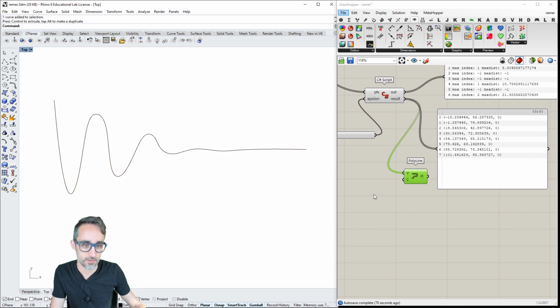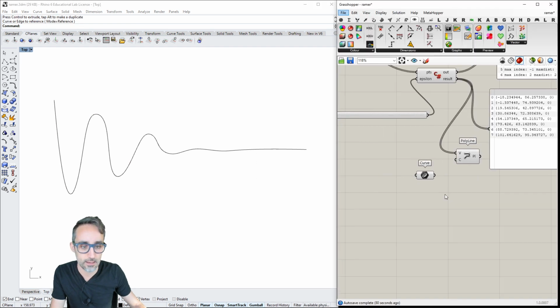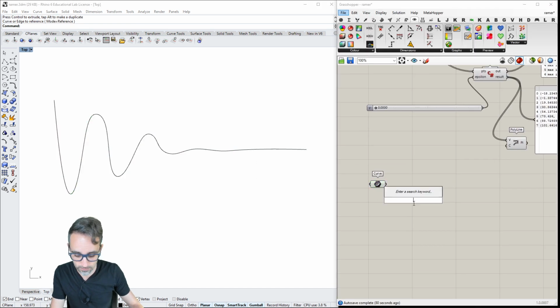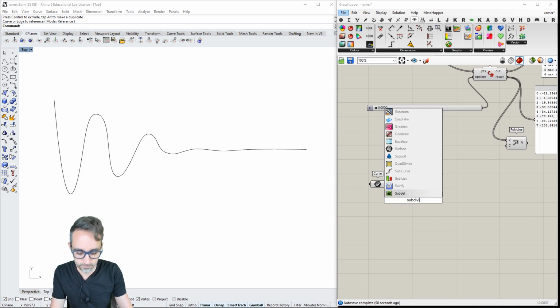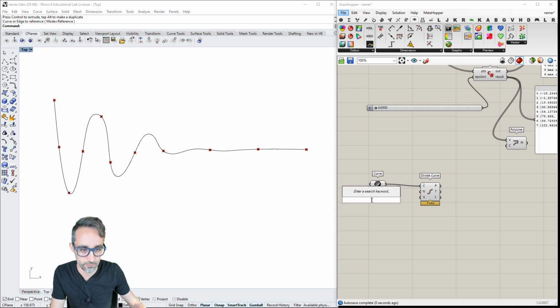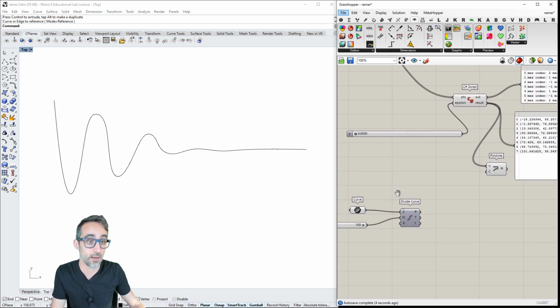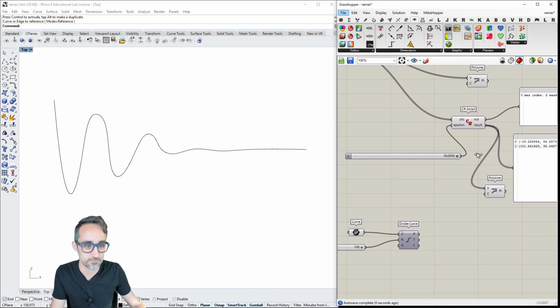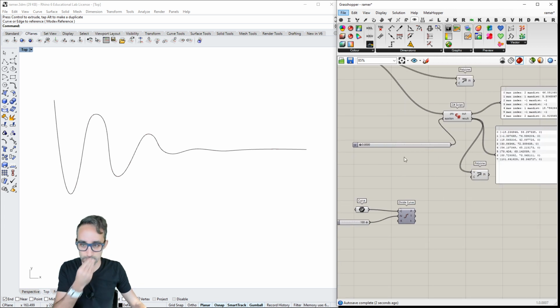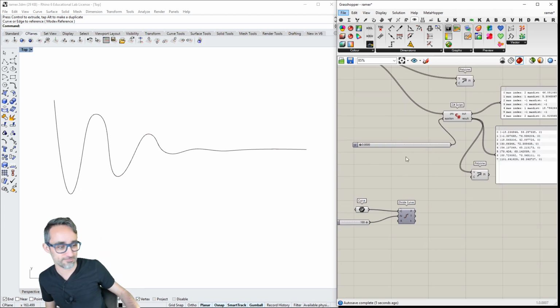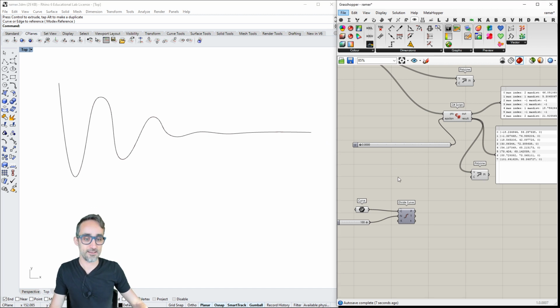Okay. So I'm going to take the curve, I'm going to pull it in here, and then I'm going to subdivide this curve. Divide curve. I'm going to subdivide it in, for example, 100 elements. Okay, and then I'm going to plug that in there and see if that works.